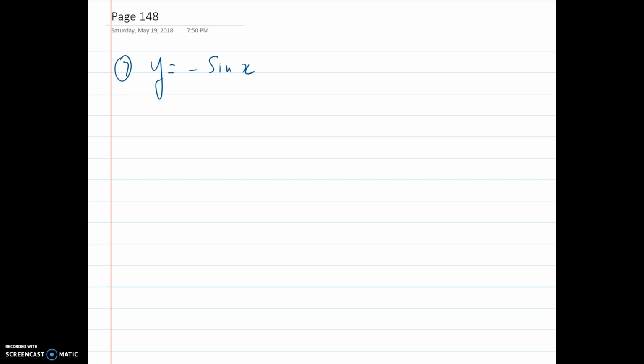So let's first realize that y is equal to negative a function f of x, and this function f of x is equal to sine x. And let's try to graph sine x first. If I want to graph sine x, I must remember a few things. First of all, you must remember that